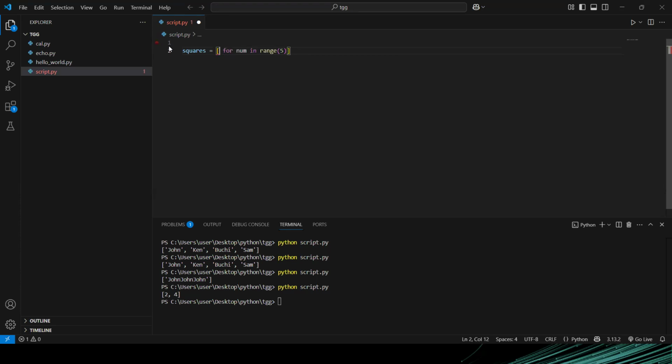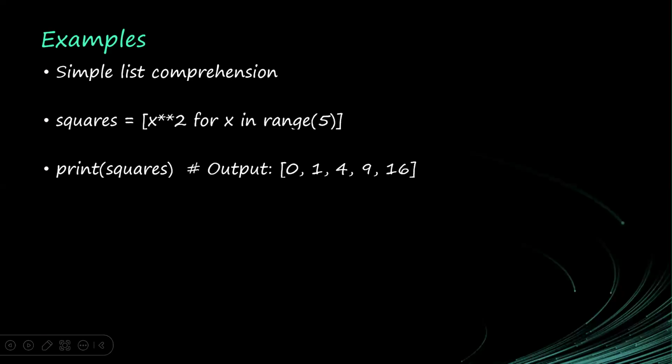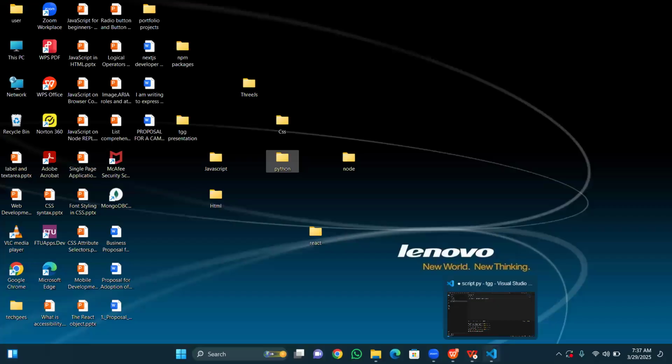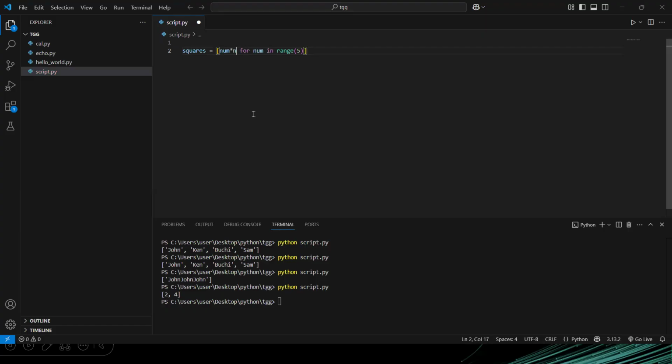Then I'm saying num times num. That's the square, right? Square is number times number. Yeah, that's square. Am I correct? Yes. Okay, sorry, square is the number raised to the power of 2. I can actually use the power function. Okay. So when I do this,